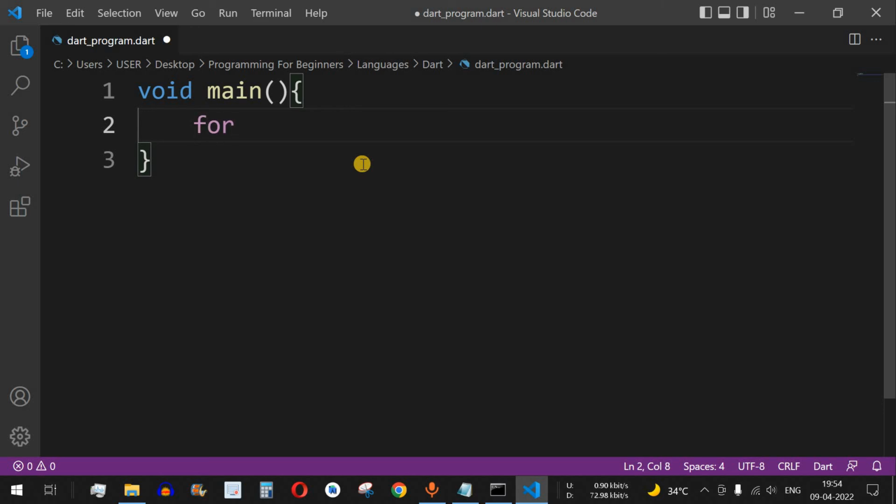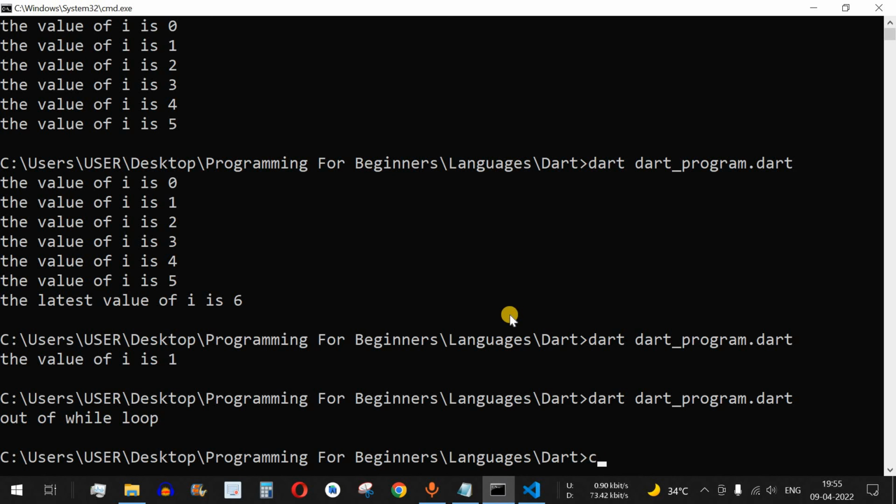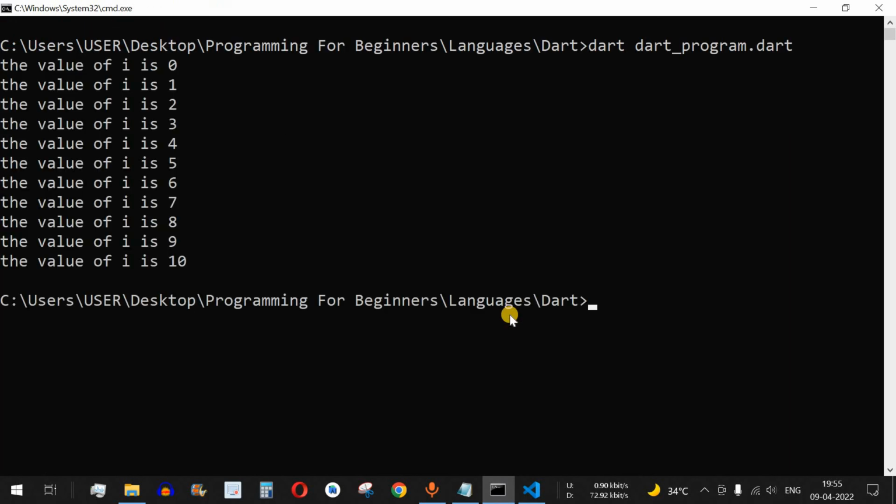Let's say we have a for loop over here, and inside this for loop we have a variable i equal to 0, and let's say we want to print from 0 to 10. So we will go i less than or equal to 10 with this particular condition, semicolon, followed by i++, which will increment the value of i after every iteration. Inside these curly braces, let's say I want to print the value of i. So the value of i is $i, and then semicolon. Let's save this file and run this code. I'll clear the screen. As you can see, the value of i from 0, 1, 2 up to 10